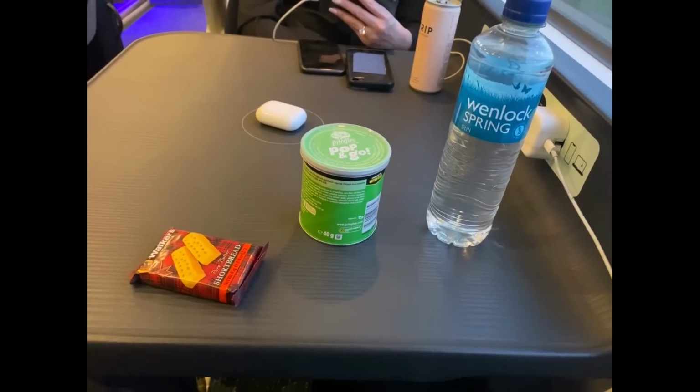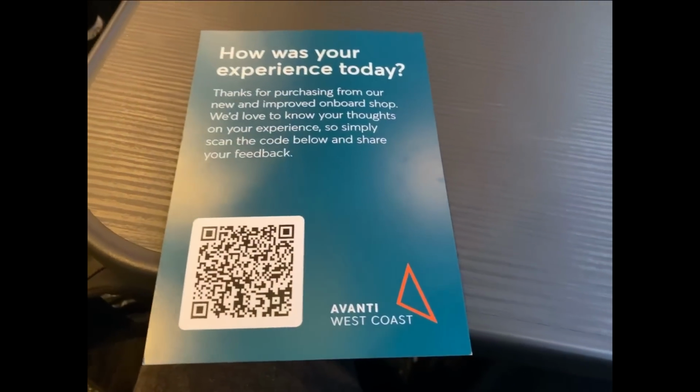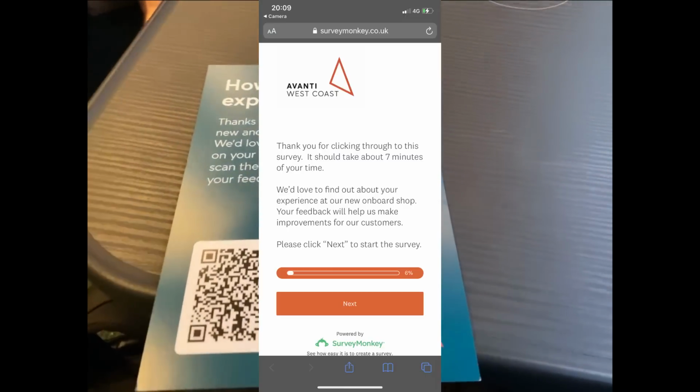I wasn't really that hungry, so I only bought a few snacks, but I feel like that was sufficient enough for me, to be honest. I also received a leaflet requesting for feedback on the shop, which, when scanning the QR code, brings you to